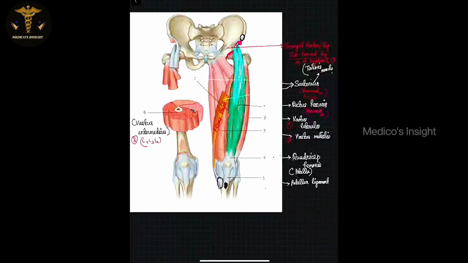The rectus femoris muscle also flexes the thigh, and the vastus lateralis muscle extends the thigh. All the flexors and all the extensors are at the level of the hip joint. Okay, so